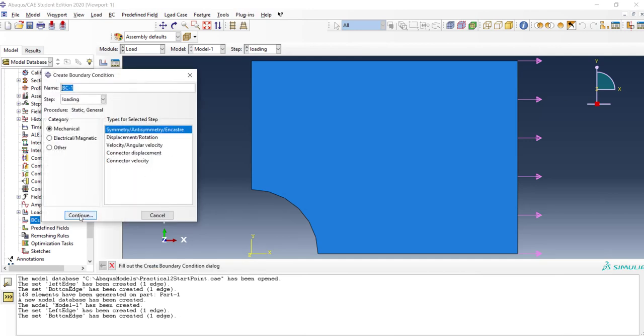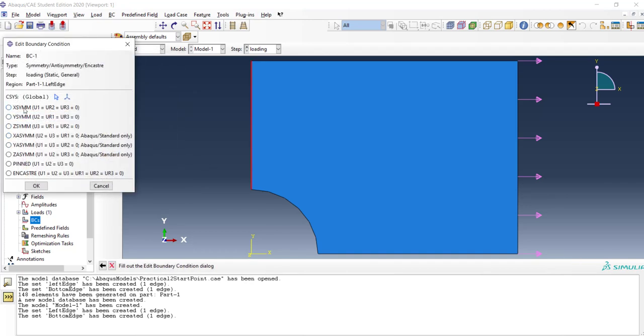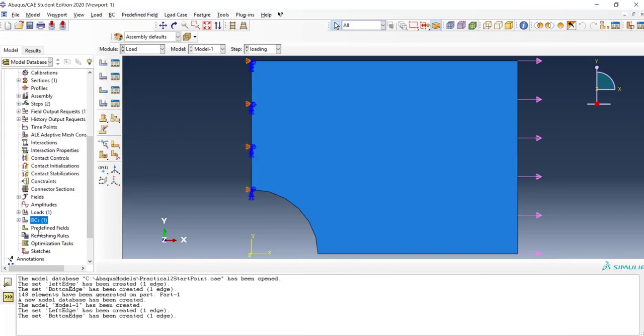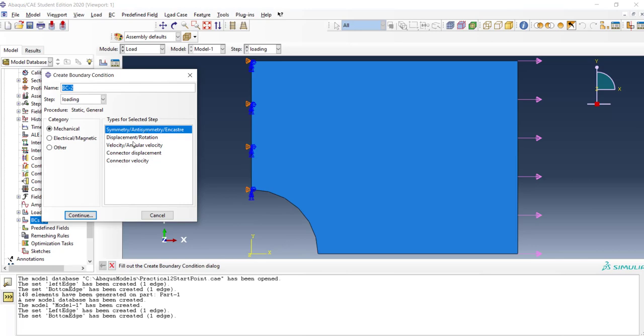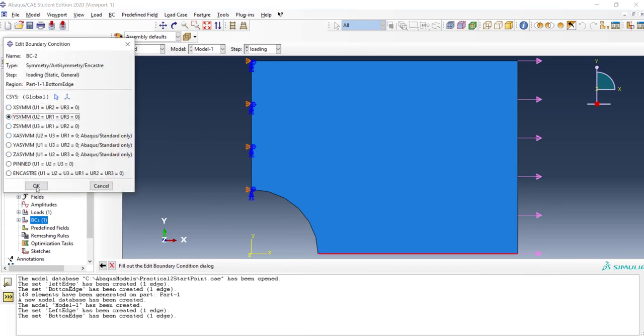I don't want to select the edge, but I want to select the geometry. And in this case, I want XSYMM. Then I want to have on the bottom edge YSYMM.